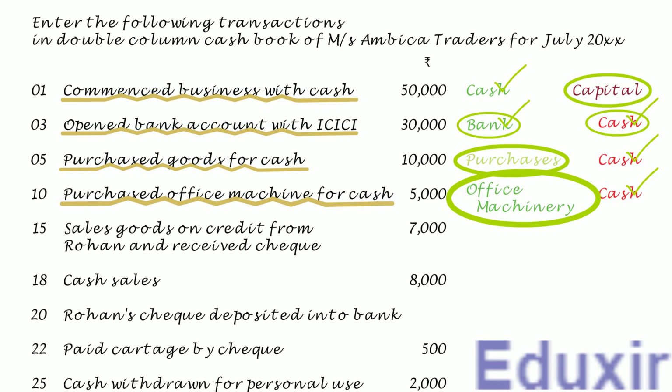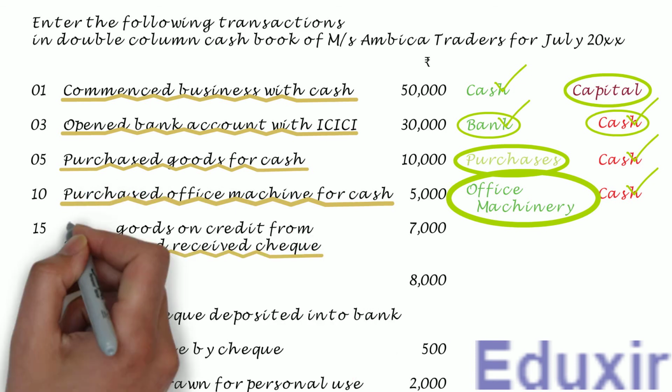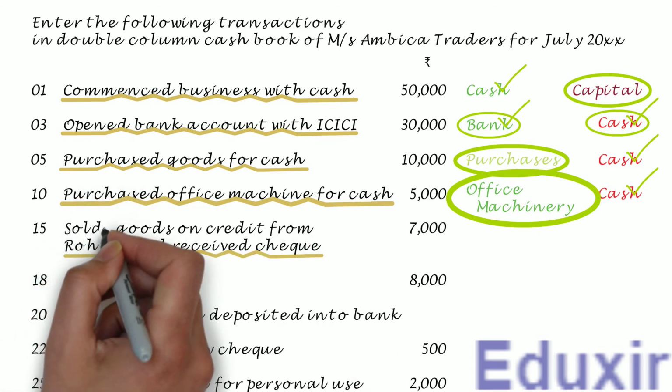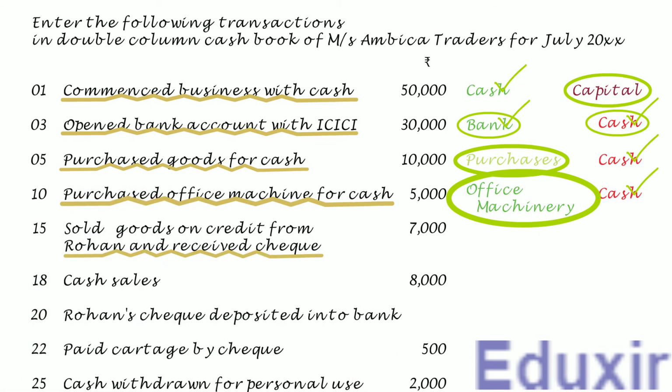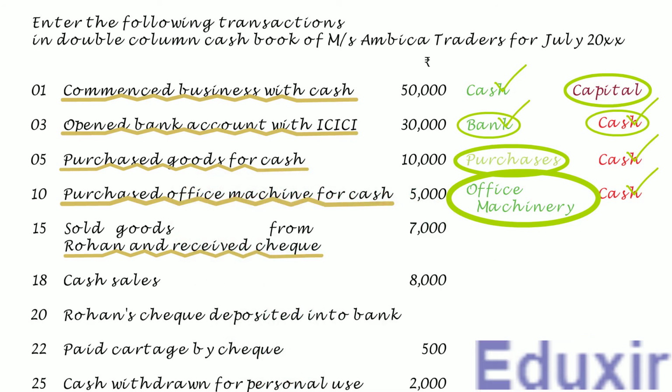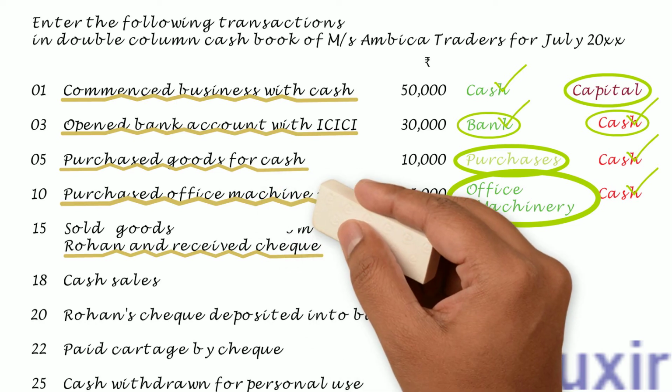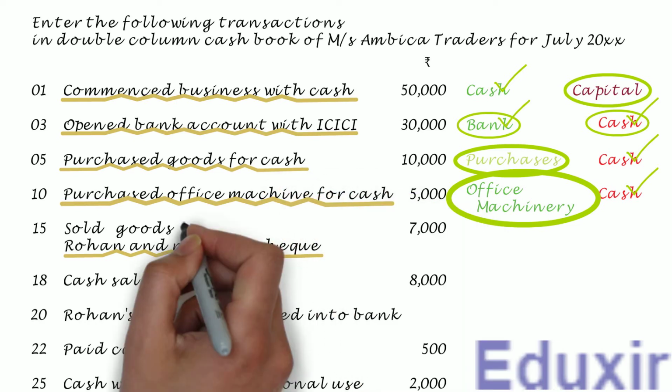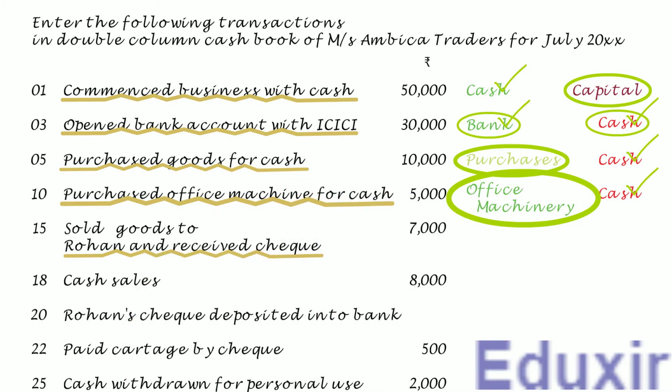I think that what this transaction is trying to convey is that the business has sold goods to Rohan and received a check. Seems there are a few typos here. Let us make some corrections. Let me change sales to sold. Now, as the business is receiving a check, we cannot say that the goods are sold on credit. So, let me erase the wording on credit. The word from also needs to be changed. Let me erase this and write to in place of it. Now it makes better sense.